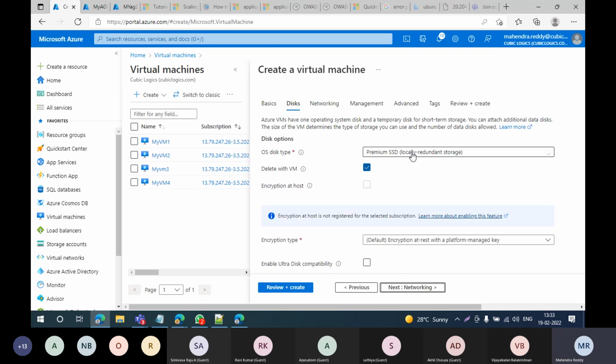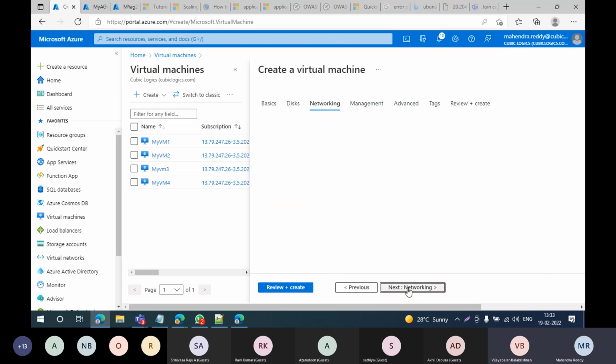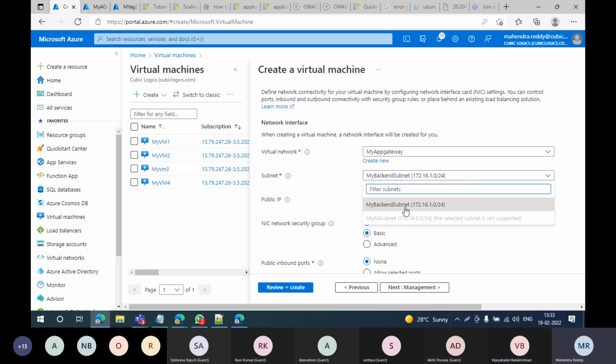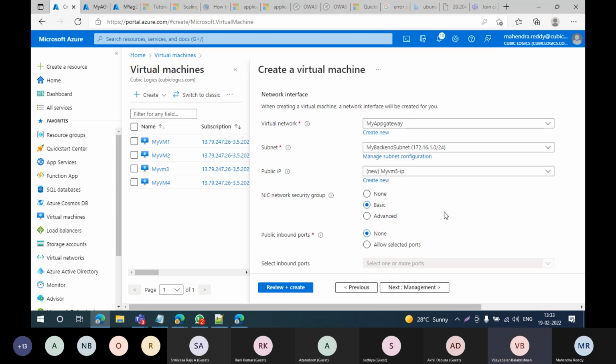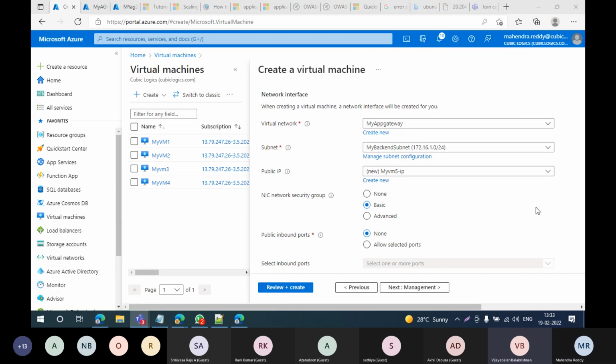Then go to SSD, select the normal SSD. When we come to networking here, you see the default one we got here. This is the same logic. For a firewall, you first need to define all the network subnets and the resource subnets, I mean the service subnets, everything.